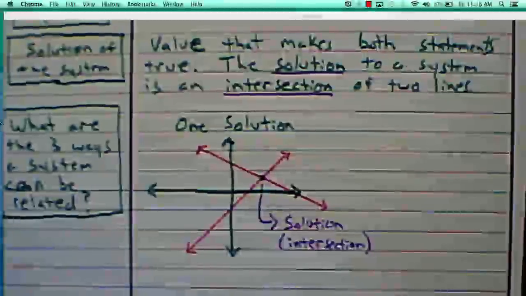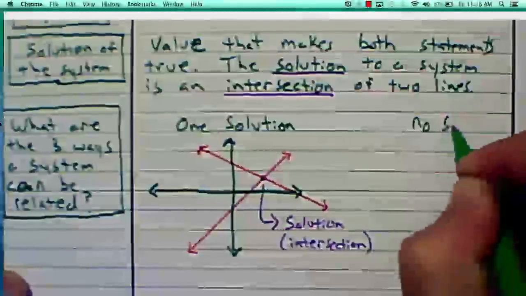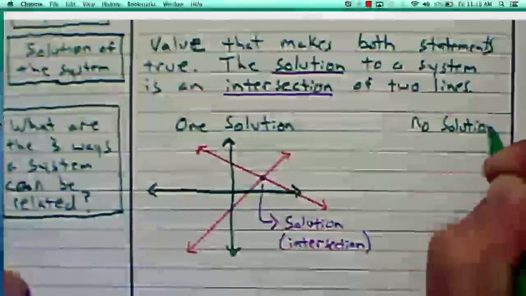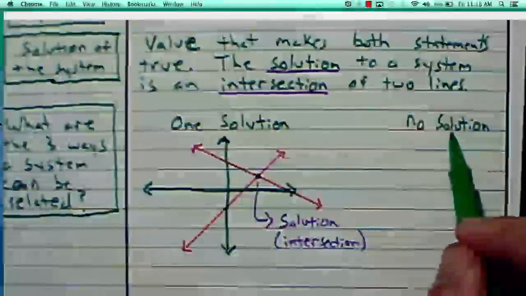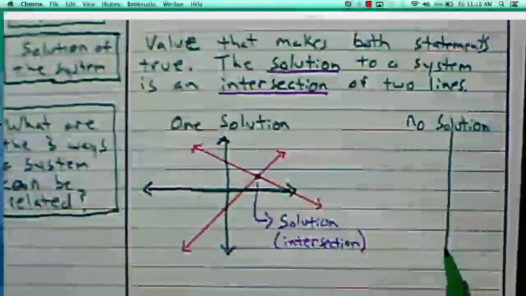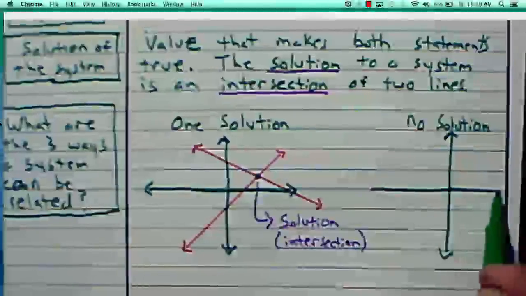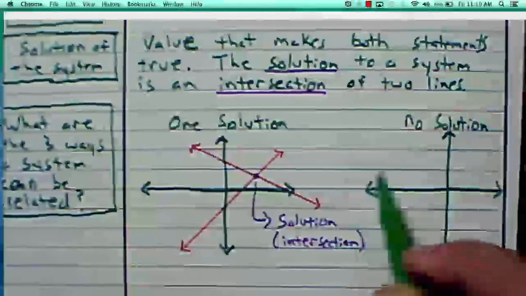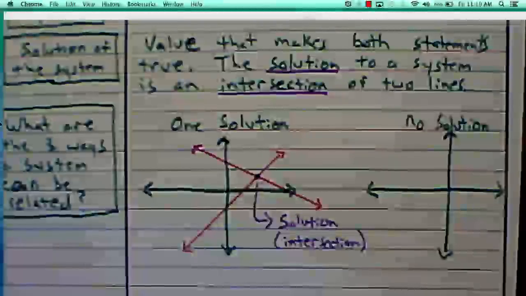Occasionally we will have a situation where we have no solutions. Well, one solution is one intersection, so hopefully you can draw the conclusion that no solutions will be no intersections. So, two lines that have no intersections, that's right, they're parallel. So we have our first line,